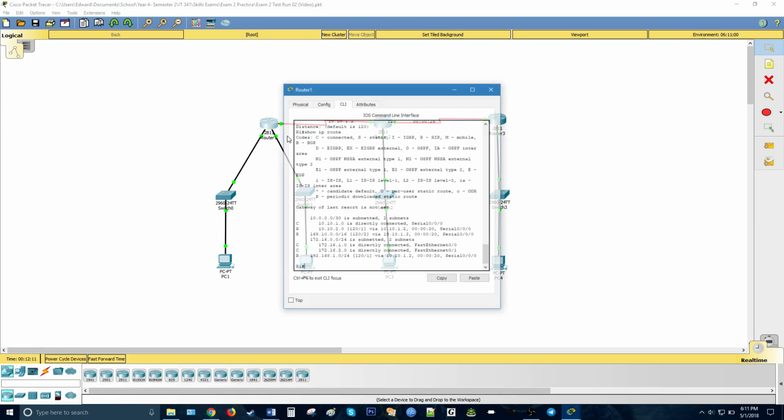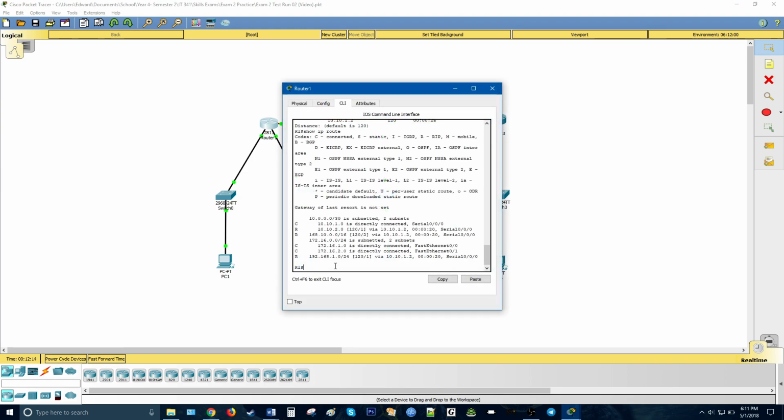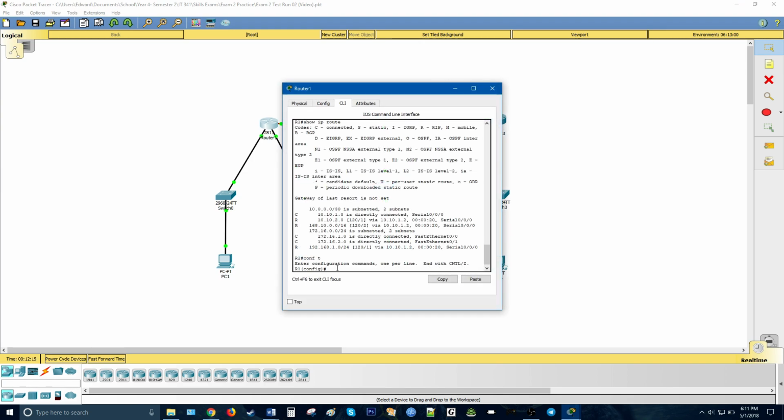So let's go to R1 and go to the config line, and we're going to add, this is how you add a static route. Use the IP route command. So IP route 192.168.1.16 with the subnet mask 255.255.255 and then 240, because we just calculated that. And you also have to specify either the next hop or the